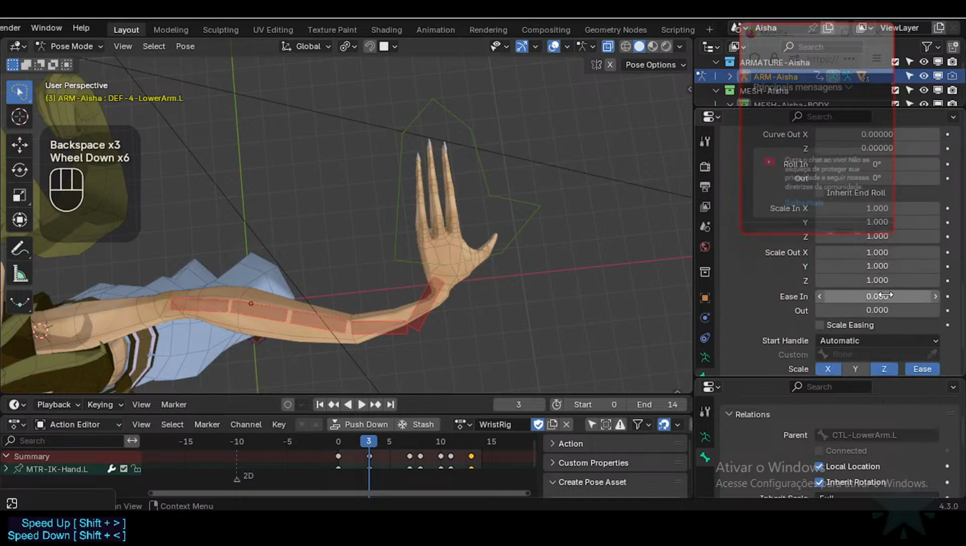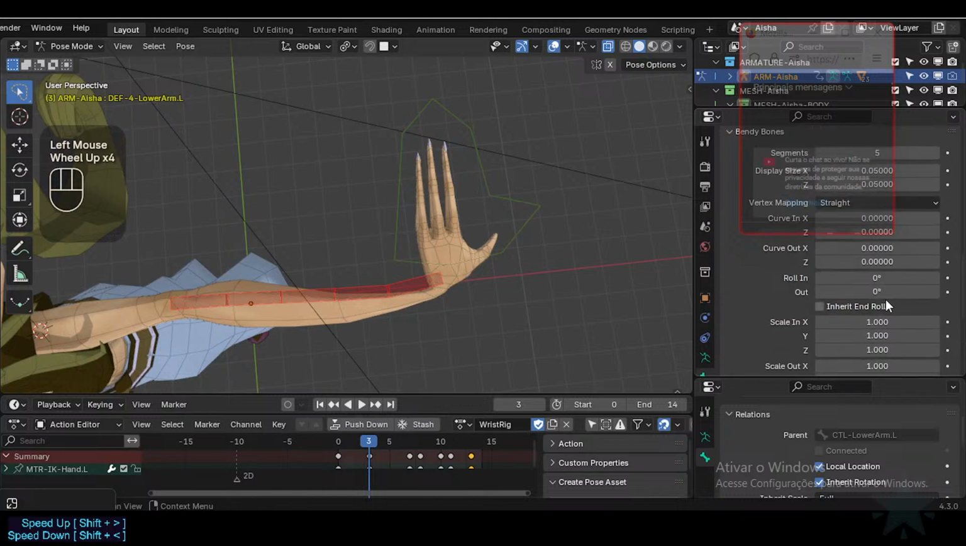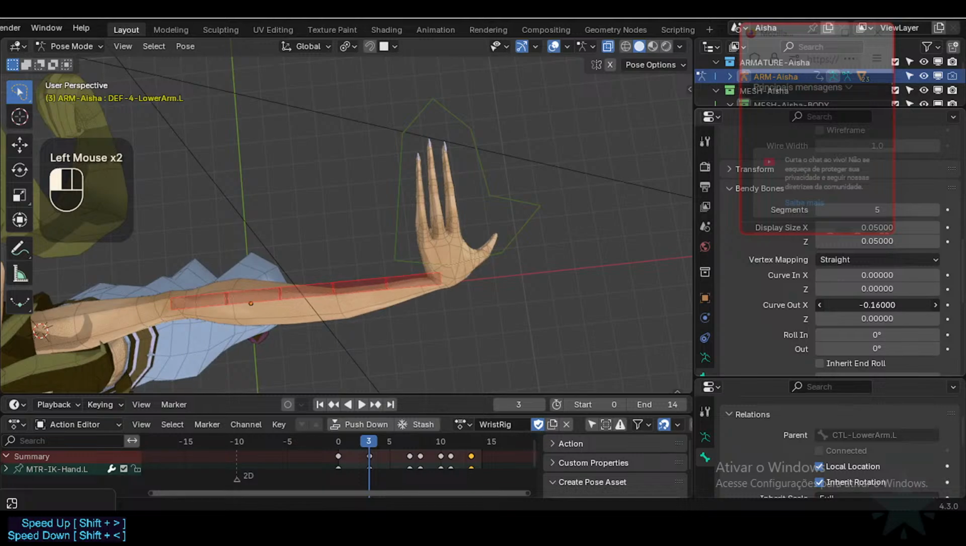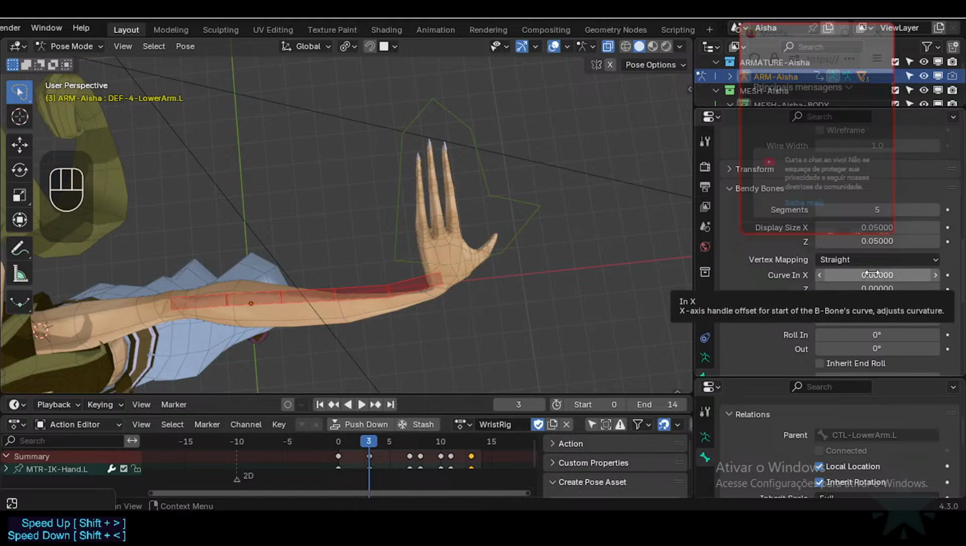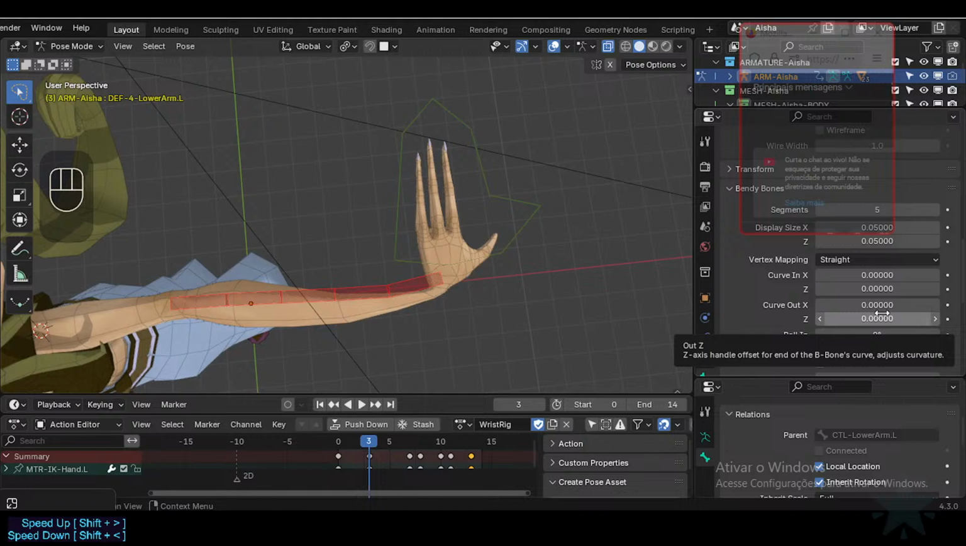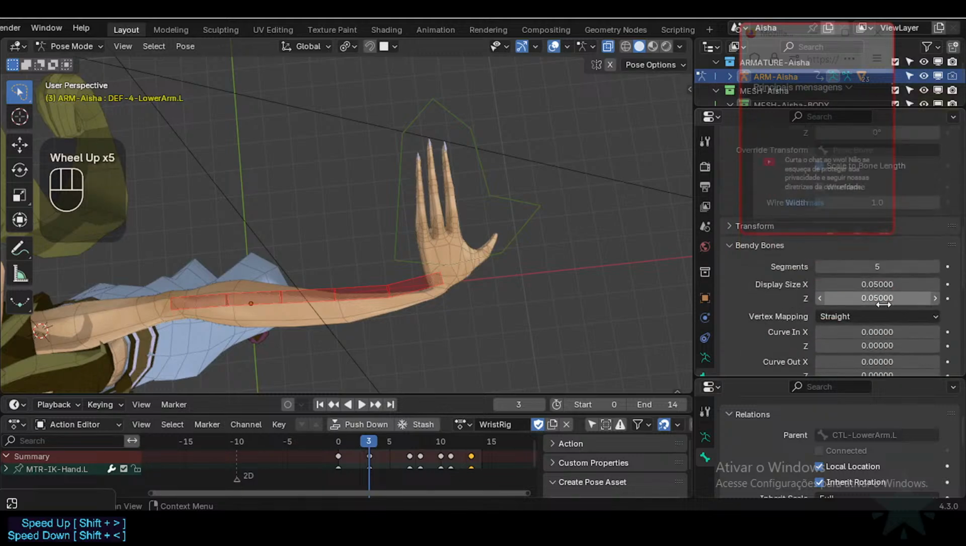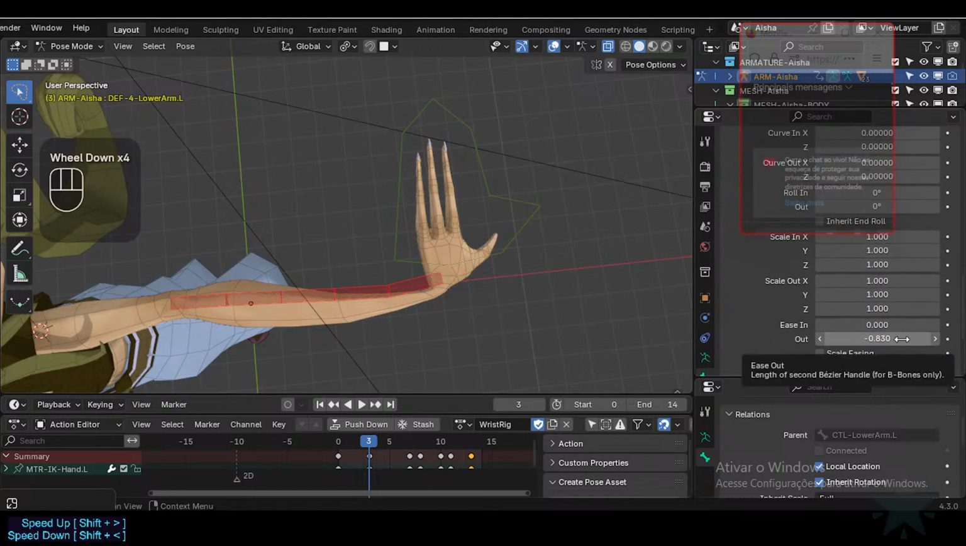But okay, let's try something then. Ease out. So reducing the ease out by a lot, nearly as I had before, and yeah, they seem to do similar stuff. I think I sort of understand now. Maybe x-axis handle offset from start. No, z-axis handle offset for start of the B-bones curve, adjust curvature. For the end of the B-bones curve, adjust curvature. Okay. What is the length of second BZ handle for? It seems to be doing equivalent, so